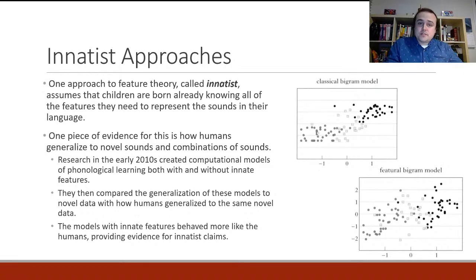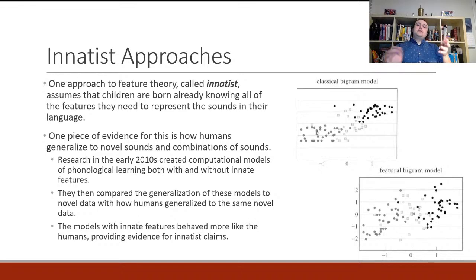So one approach to feature theory, which is called an innatist approach, assumes that children are born already knowing all of the features they need to represent the sounds in their language. So they already know that nasals go in one group, labials go in one group, palatals go in another group, things like that. And one piece of evidence for this is how humans generalize to novel sounds and combinations of